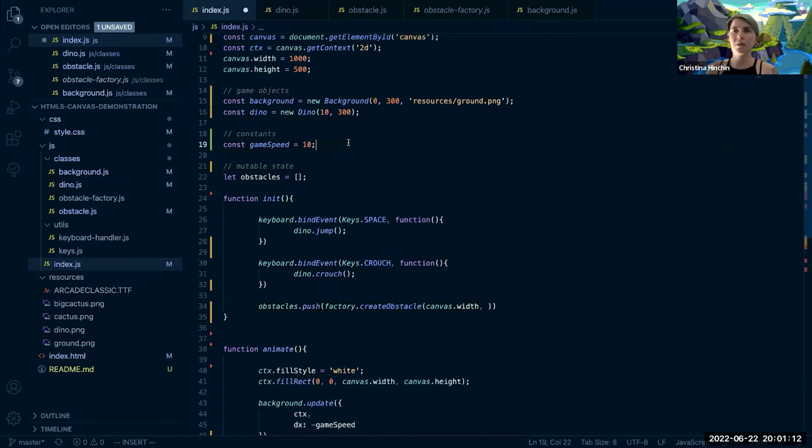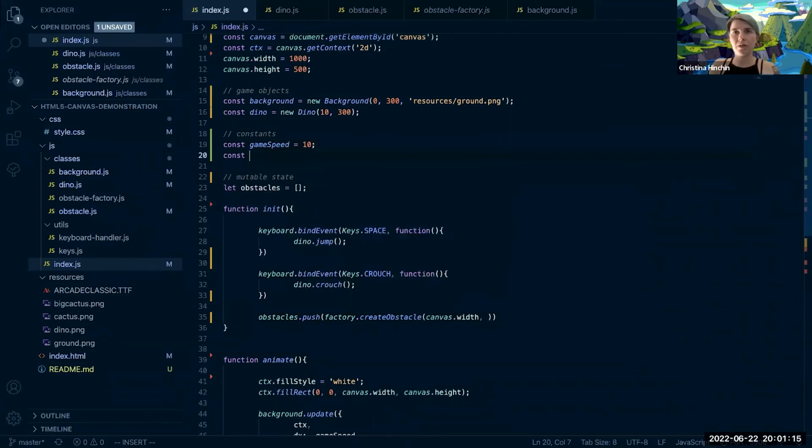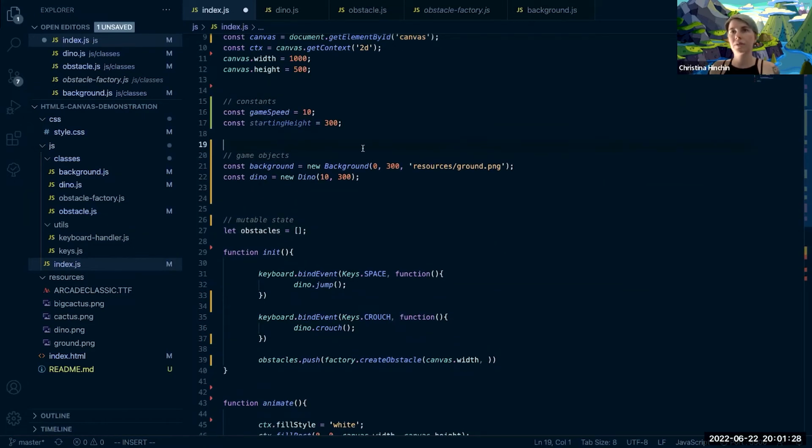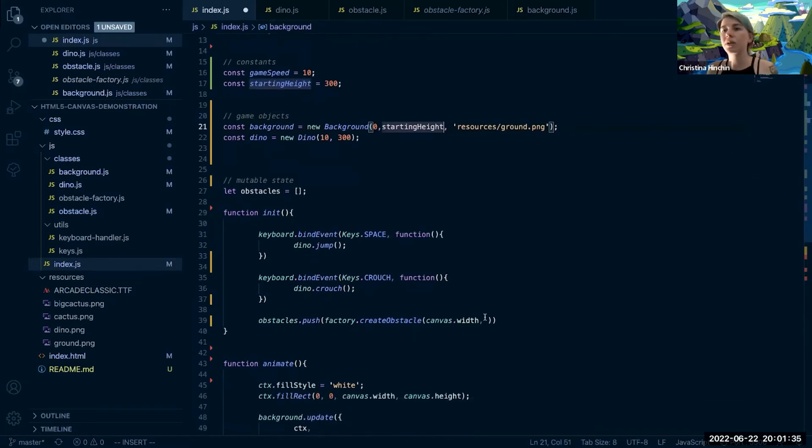Okay, so I think it's a good time to put this magical number over here, starting height, 300. Let's pop these up here. Starting height. And you will also begin at starting height. Okay, so in this case, it's just going to create one, either a big cactus or a small cactus,